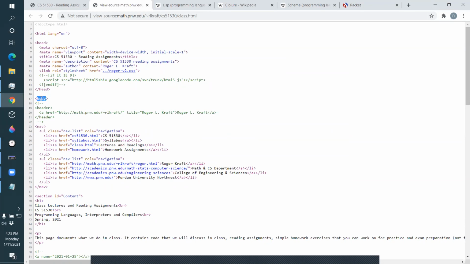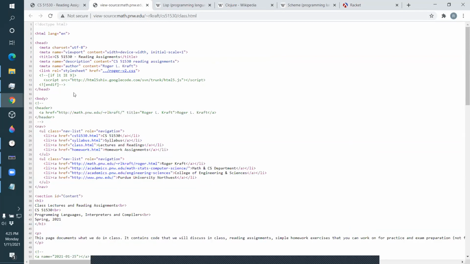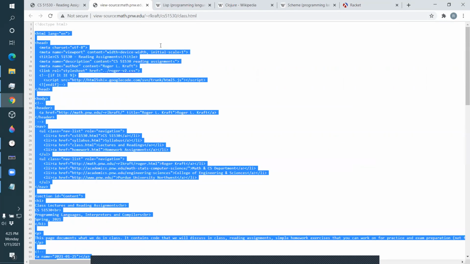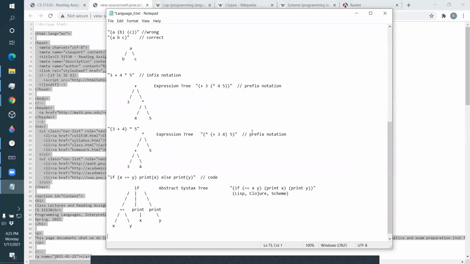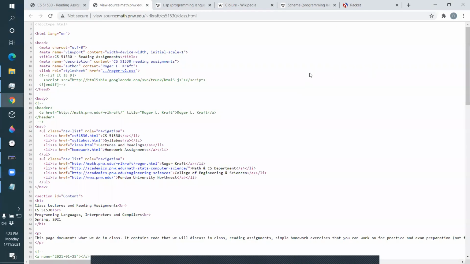Then this body is another sub branch of HTML. So this is the root. It's got this as its left child. It's got the body as its right child. And this body is a much more elaborate tree. When you take this tree language and you draw the tree for it, the tree has a name, called the DOM, the Document Object Model. Okay, in the language of web browsers,